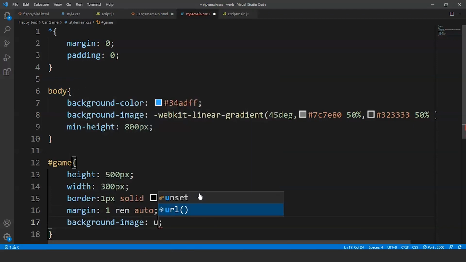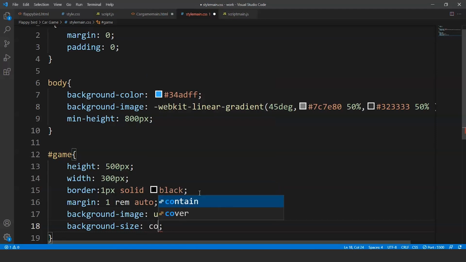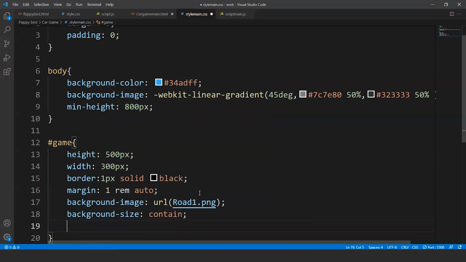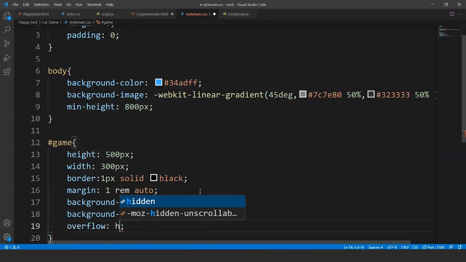So the background image is the one we already have in a folder. The name for that image is road1.png. Now we'll write here background size. So we'll write here contain to fit this image inside the container, and we'll write here overflow as hidden.